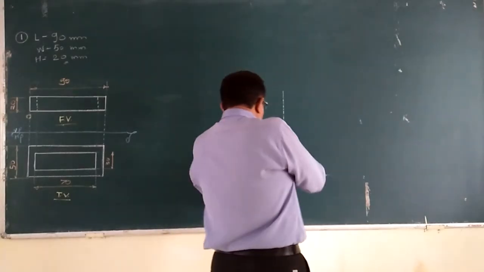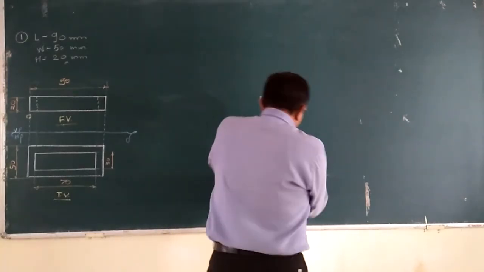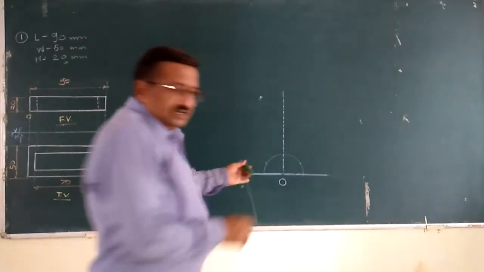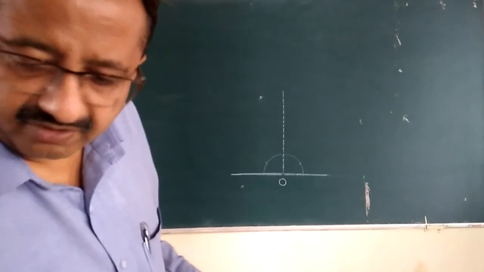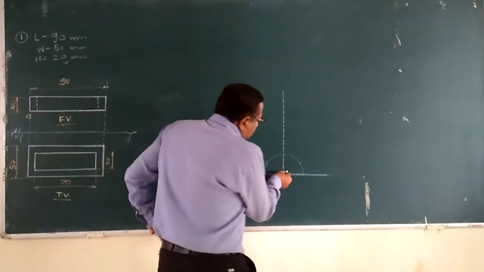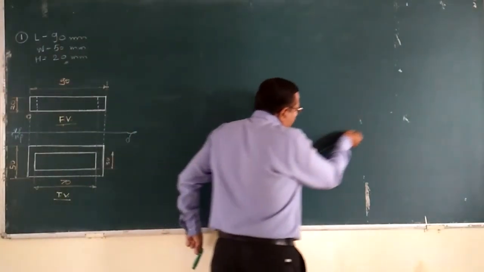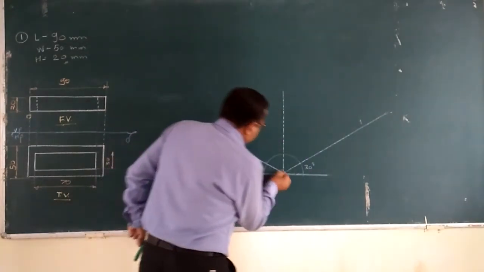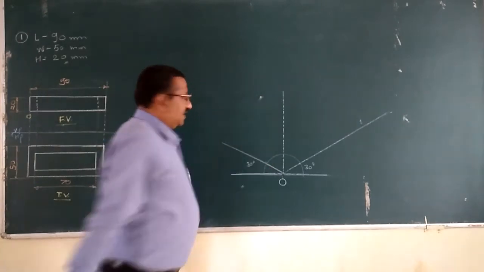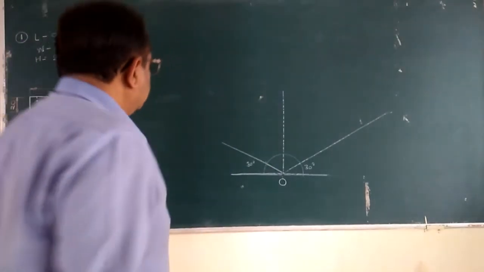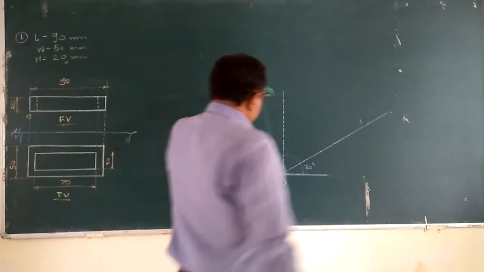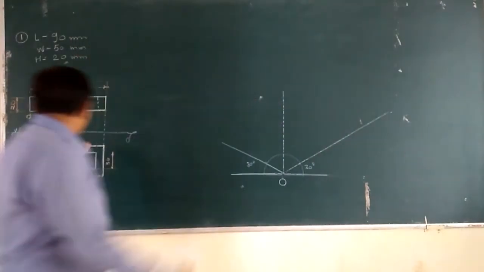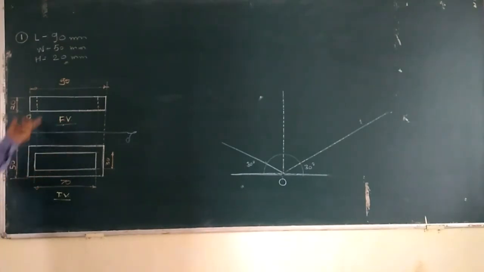I will geometrically mark those 30-degree angles. I don't have a protractor, so I have used a geometrical trick, and I have successfully got 30 degrees towards the right and 30 degrees towards the left, two lines. So basically what is required is a vertical line, a left 30-degree line and a right 30-degree line. Now concentrate on these two views.